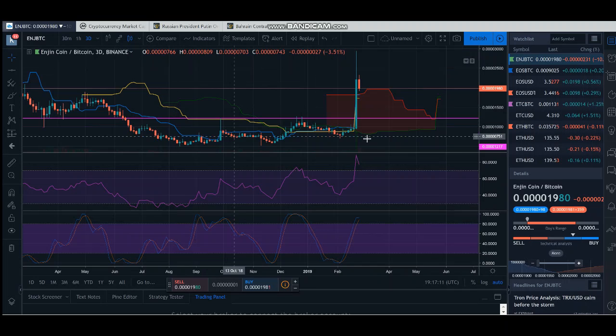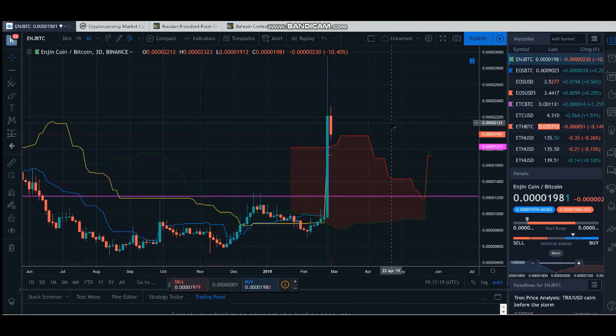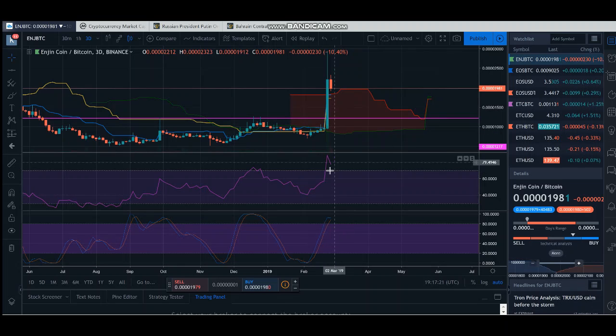So a 3-day chart is a nice wide time scale to take. Okay, so there are some signs on the 3-day here that we may have seen a current top, but I think that's just because we've had such an incredible run in this one candle that it's pushed us right up to the top. What we'll be looking for now is some sustained movement up here in this zone. So see here, remember these are 3-day candles, these are big candles, right? So see here, we've hit the top of the stochastic RSI, but we've stayed reasonably horizontal up in that zone for a while,